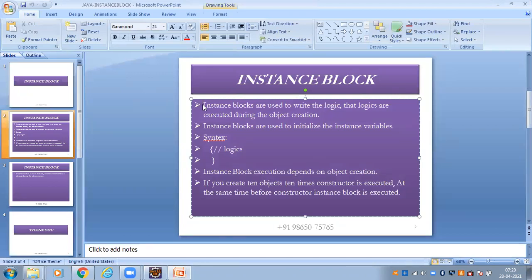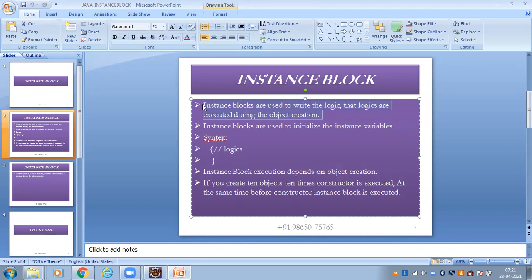That logic is executed during object creation. During that object creation, the instance block will be executed. When we create the object, the instance block will be executed.